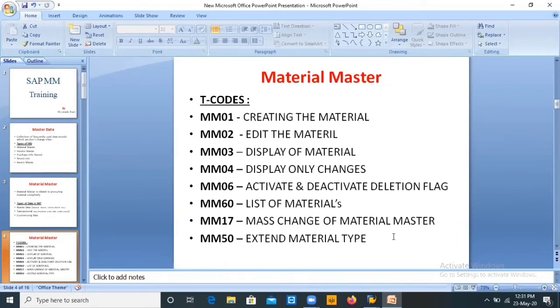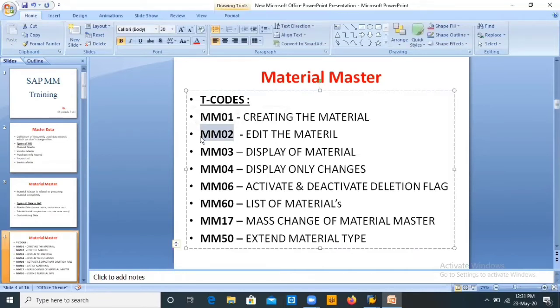If you want to change 20 materials or 10 materials at a time, we do it with MM17. Going with MM02 for every material would take time, that's why we use MM17. And MM50 is to extend material type. We are extending one material's details to another material, copying the material. That is called MM50. We'll see one by one how to do it.